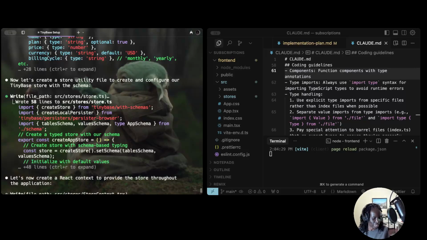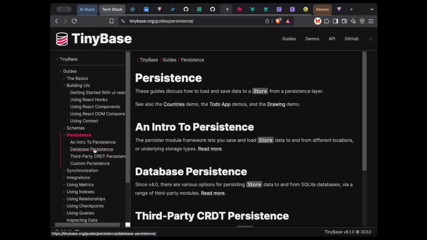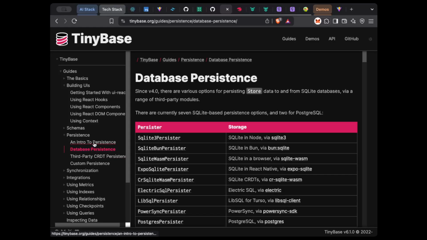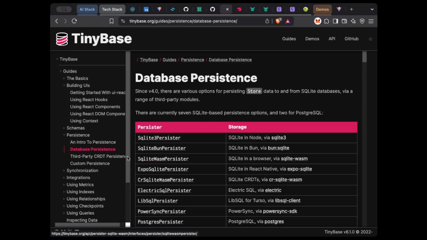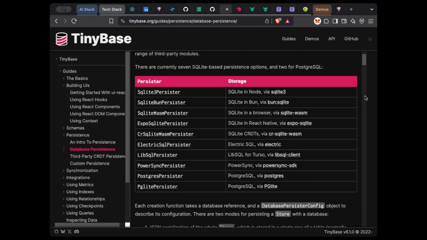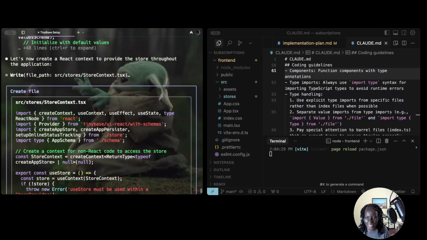Let me check to see if that's actually the right code base. So looking at the browser and looking at persistence, it's got information about database persistence, and if we're doing things locally, that's probably not where we want to go. I'll go check and find the right place and come back. It seems to be doing the right thing from looking at the documentation. So as we go back to Claude Code,